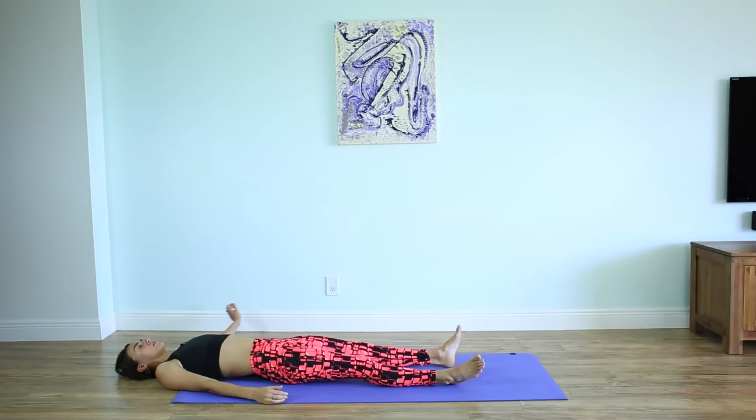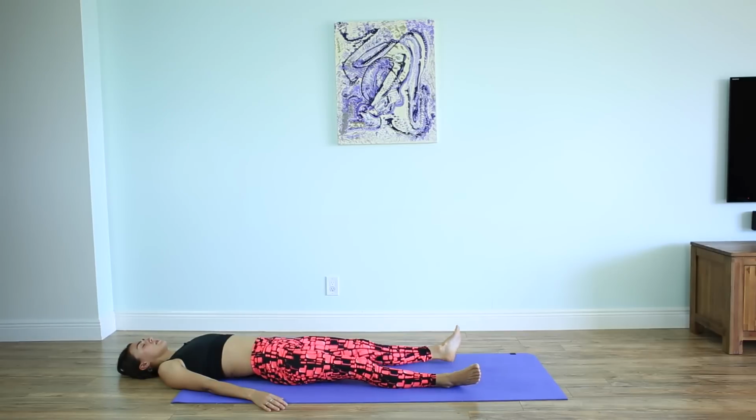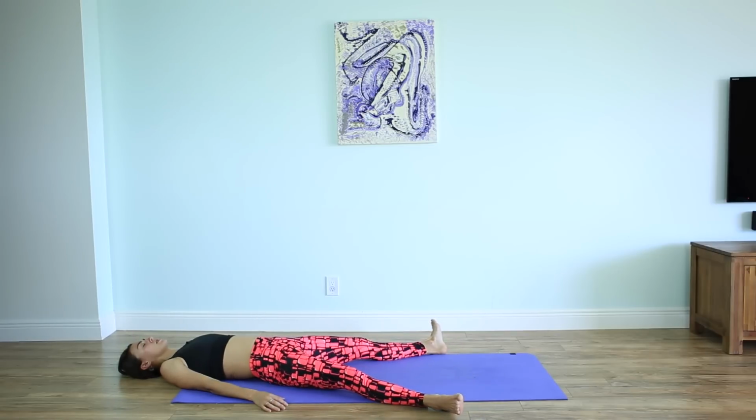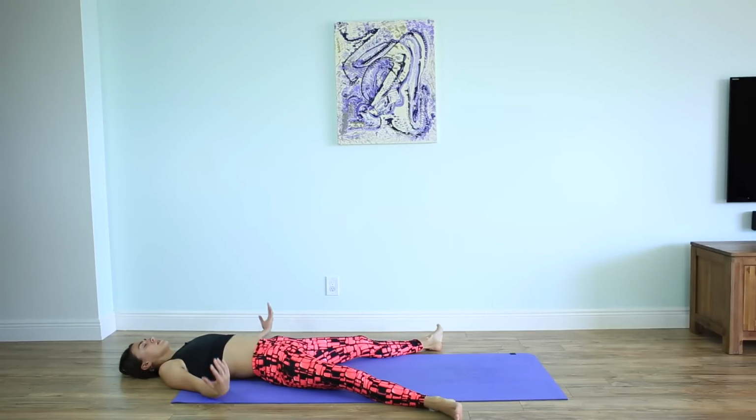Extending your leg and preparing for your Shavasana, opening your legs. Let's do it wider than our mats, extending the arms, palms facing up, aligning the chin with your forehead, bringing back your natural breathing, cooling down,